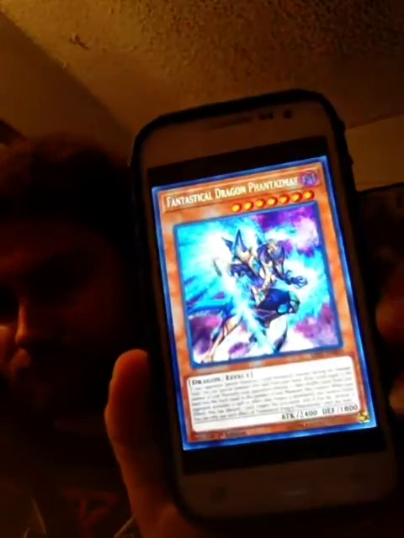So kicking off at number 2 is probably one of, again, you guys can hate me on it. I really don't mind being hated on. But the next card that, in my opinion anyway, should take the hit. Yeah, Fantastical Dragon Phantasme, which apparently is the Thanos of the entire game, and its effects read